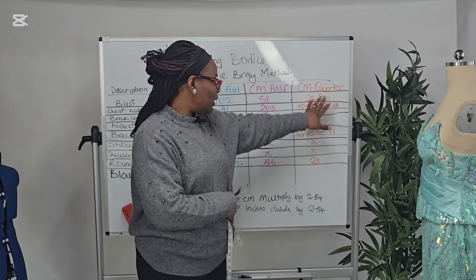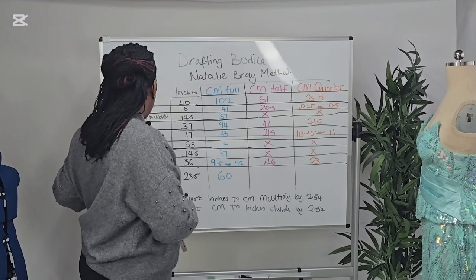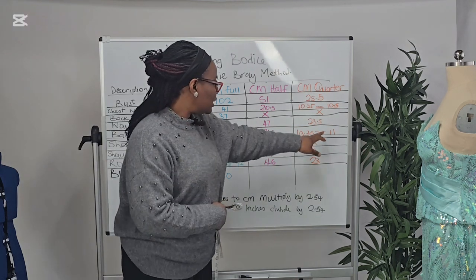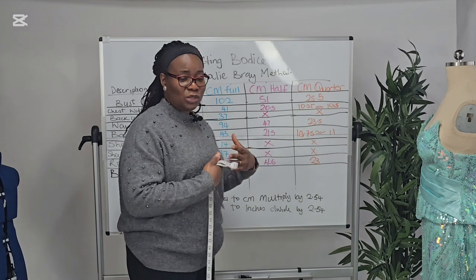at the front. I will explain this further to you. But it's going to 10.5 to drop our dart at the front. And then at the back, our back width is telling us that our dart position starts from 11 centimeters. You see, it's not always